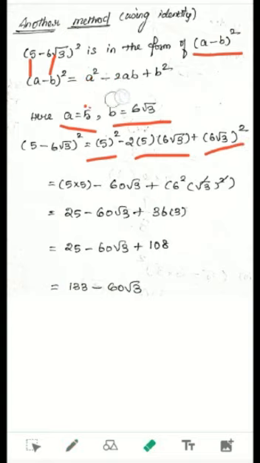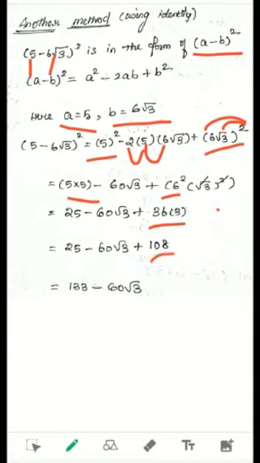Okay, so after you write this step, I am moving on to the next step. 5 square is nothing but 5 into 5, and then here I want to multiply these three numbers, 2 into 5 into 6. What is the multiplication of these three numbers? 5 2s are 10, 10 into 6, 60, 60 root 3, and now we want to take square for 6 as well as for root 3. So 6 square, and here it is root 3 the whole square, and square and root get cancelled. So 6 square is 36, and here it is 3. So 36 into 3, it's 108.